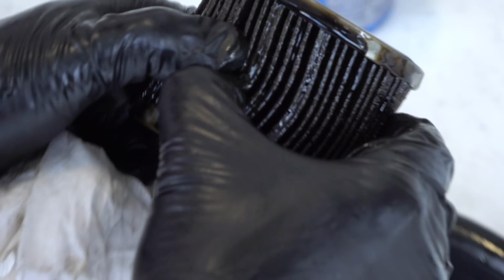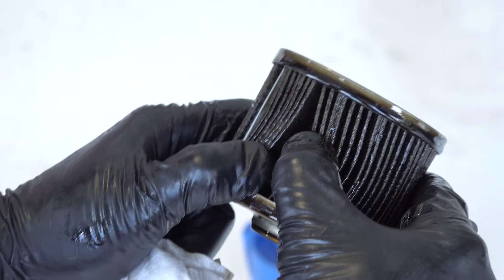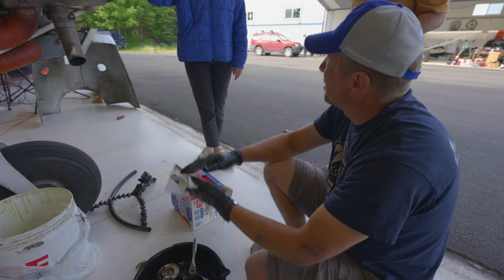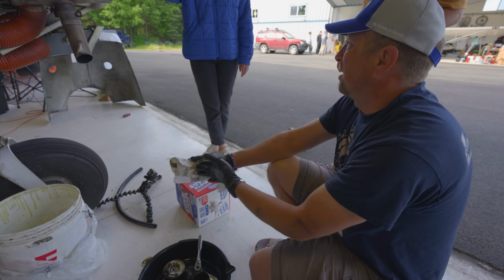Like, let's say you found big metal. Would you stop flying for a bit until you got things checked out more? Or does that tell you enough information? Depends on how much metal you see in there. It's pretty normal to see a few, like 3 or 4 flakes. But if you see like 20 in each pleat, then we stopped flying the plane and sent the engine in